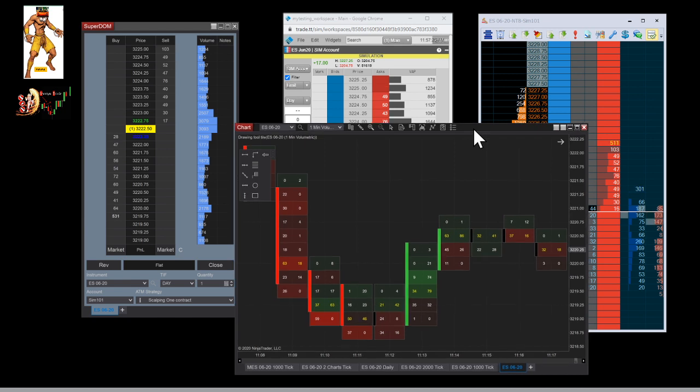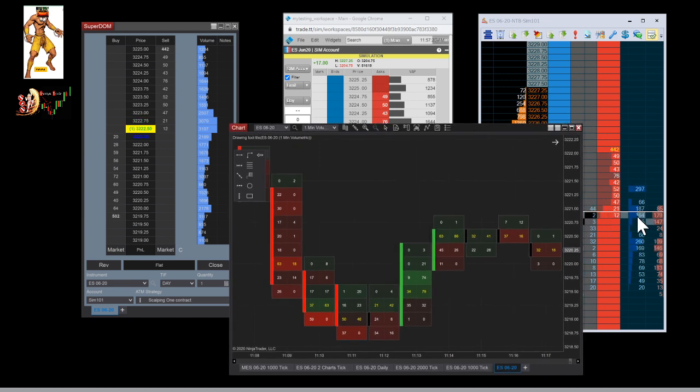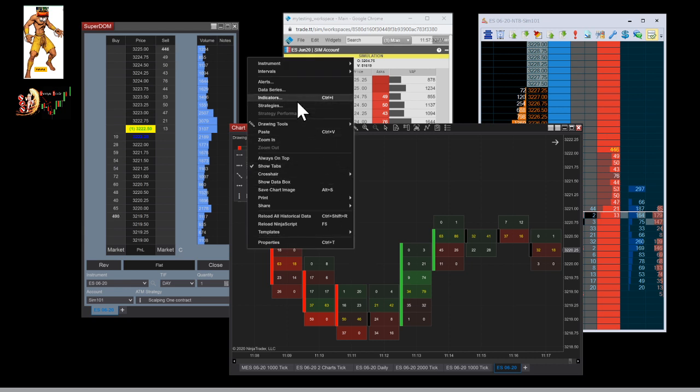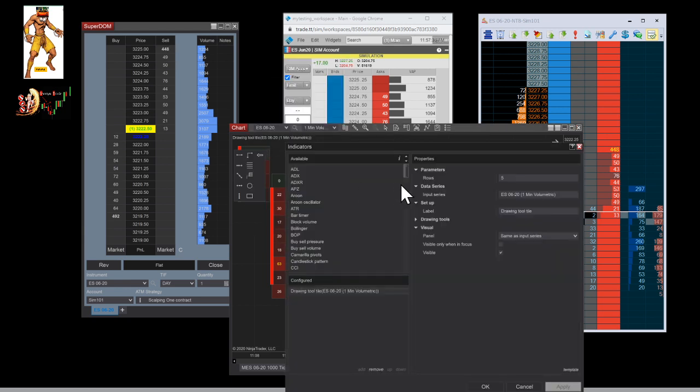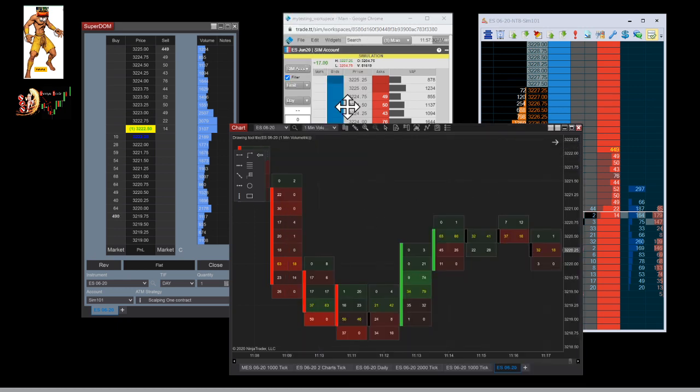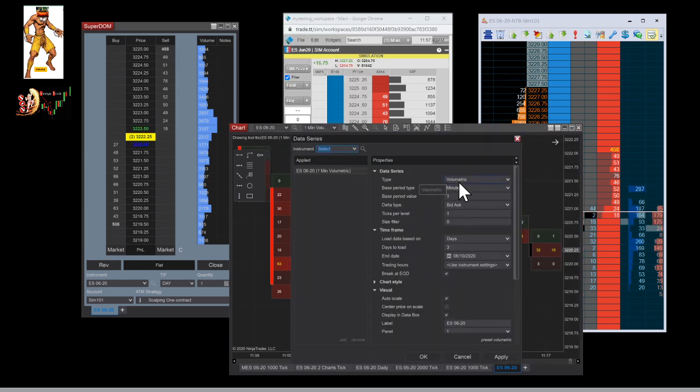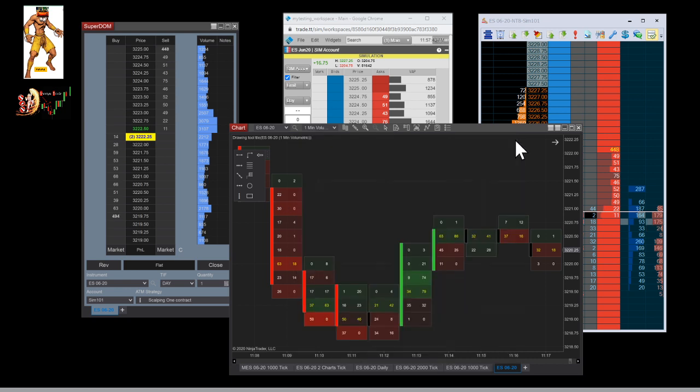So I also use something called order flow on NinjaTrader for me to be able to understand what I have over here, so the imbalance basically. For this, I put a data series, sorry, not indicator. And on data series, I will have the type volumetric, and this will allow me on each candle, so on the 1 minute, to understand how many market orders have been done at a specific candle, on the buy side and on the sell side.